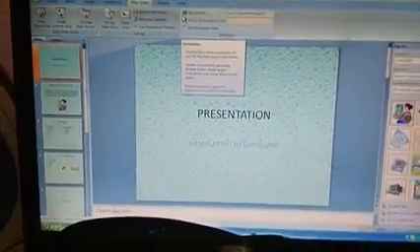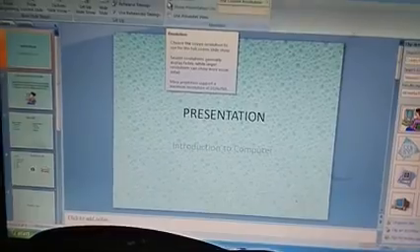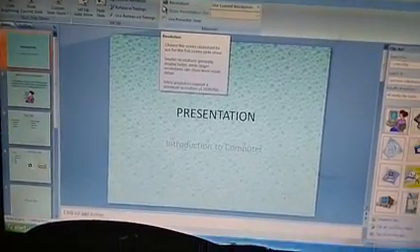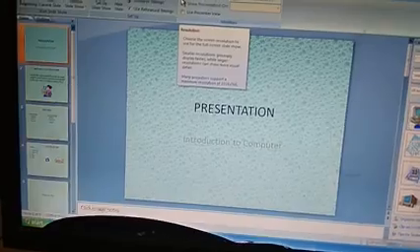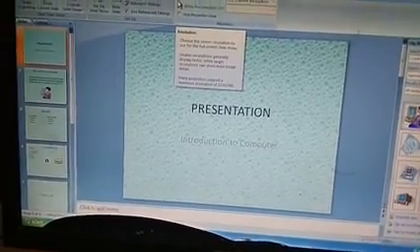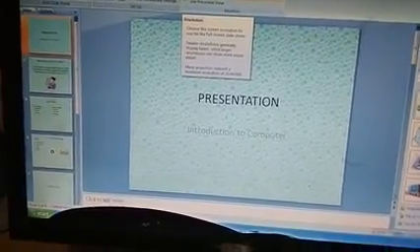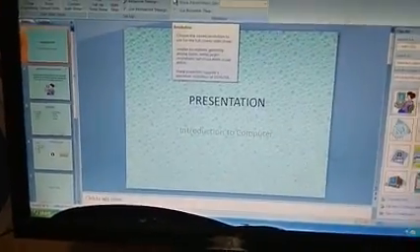Okay, what changes have we made? Instead of having a blank or white background, we have given different sets of colors and backgrounds to our PPT. This is the method of setting up the background for your PPT.